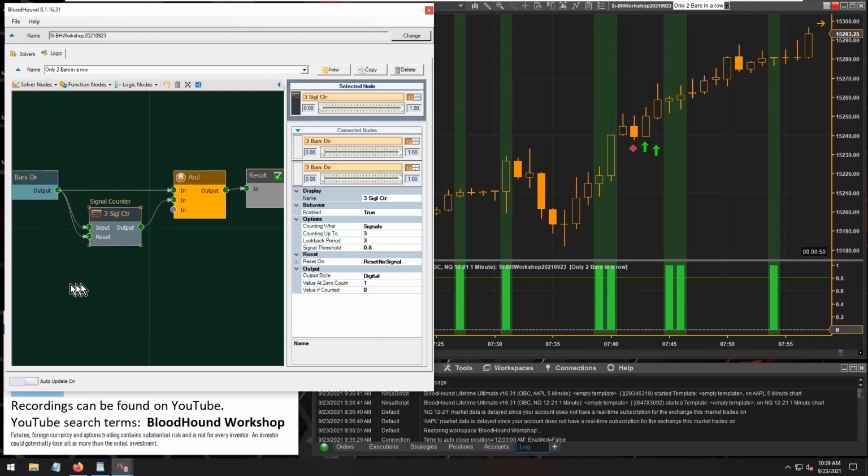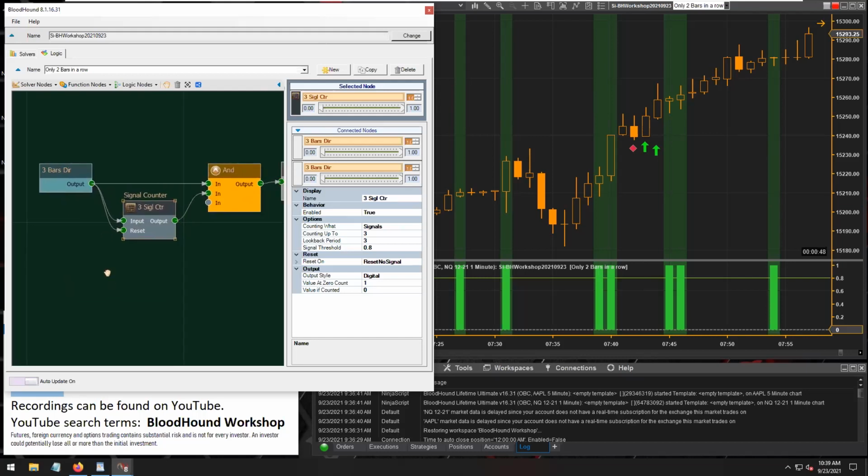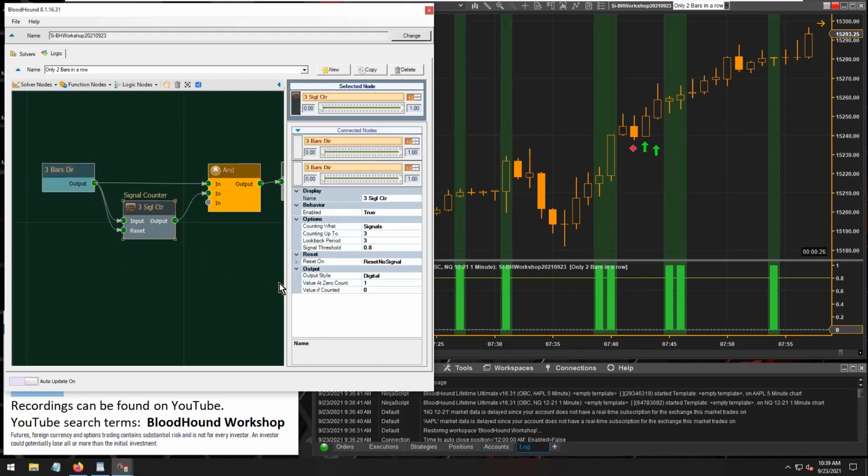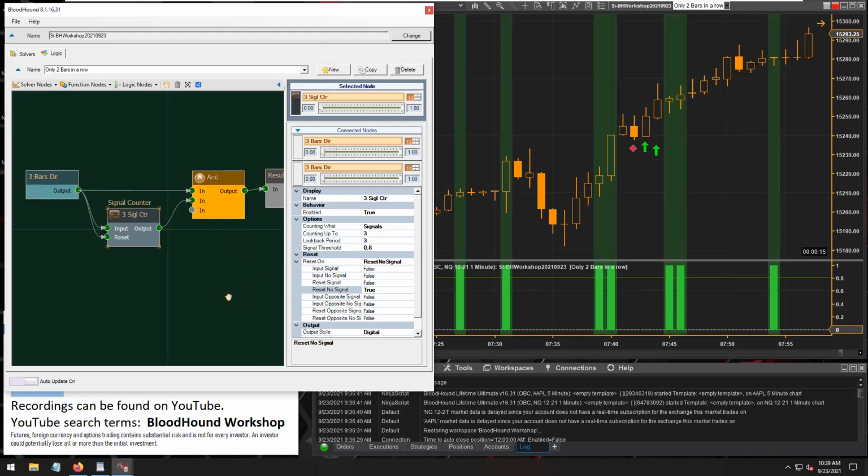I think this would work in most situations. Again, when you're building a system, it always comes down to the details of exactly what's going on with your signals and everything. But I think for the most part, on the resets, this reset no signal, what that means is, it says no signal. So what that means is,